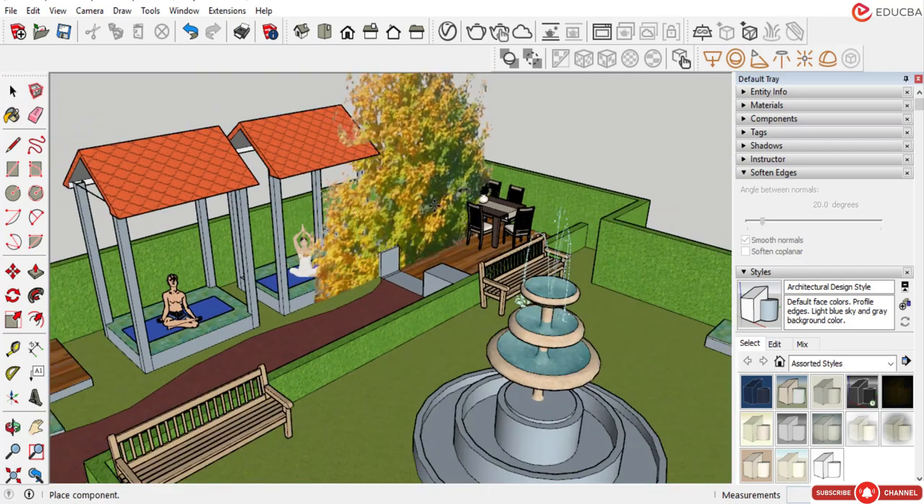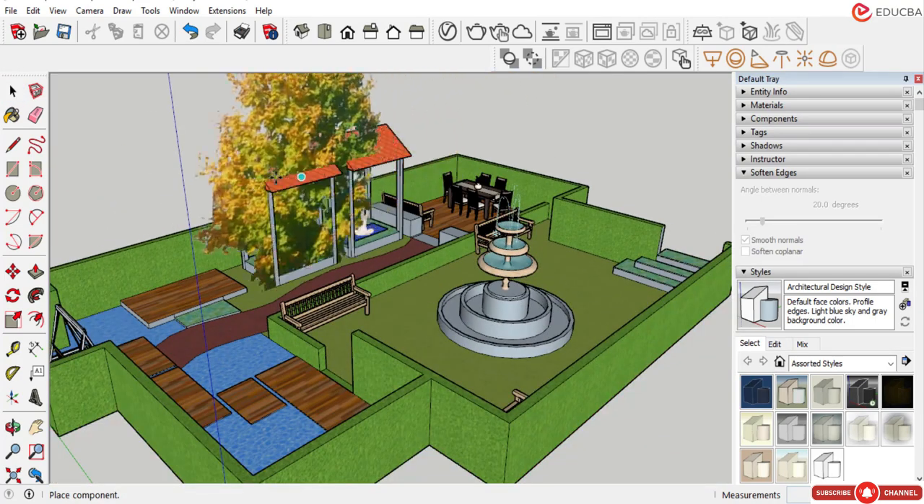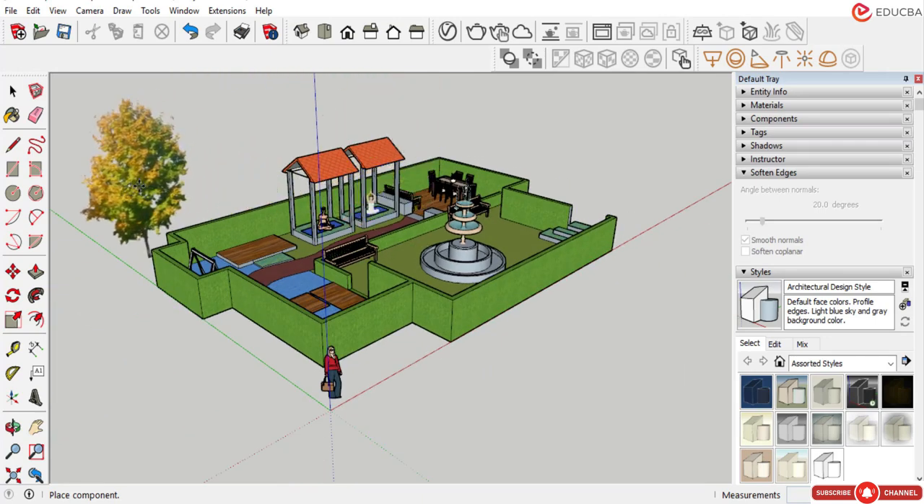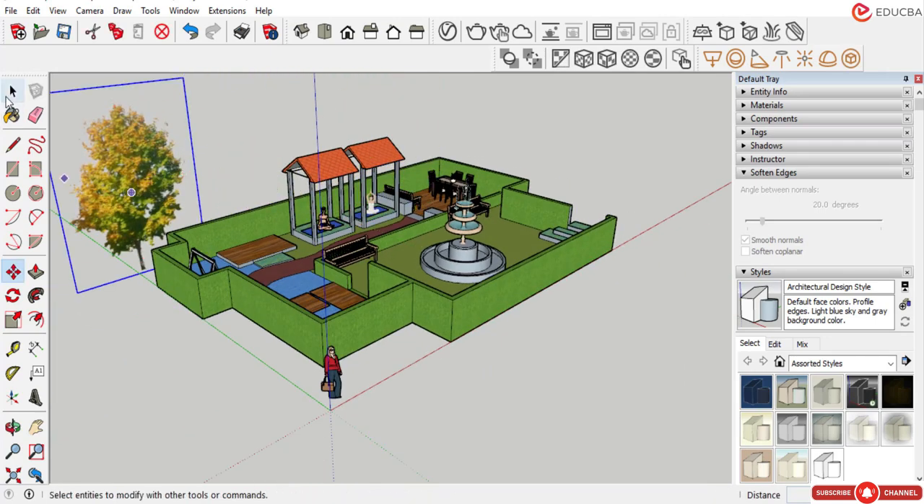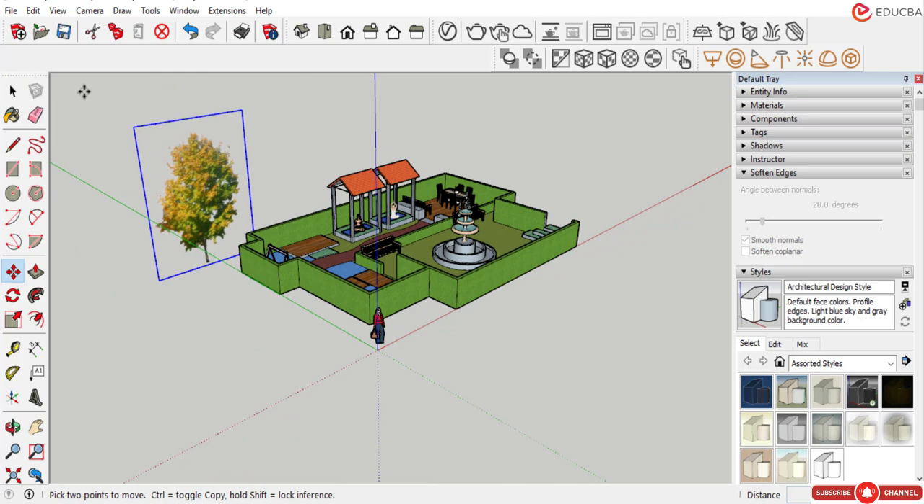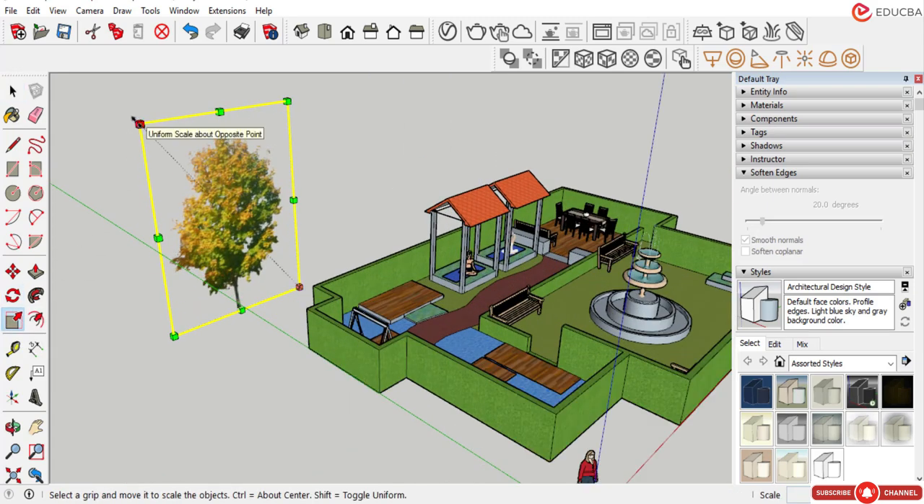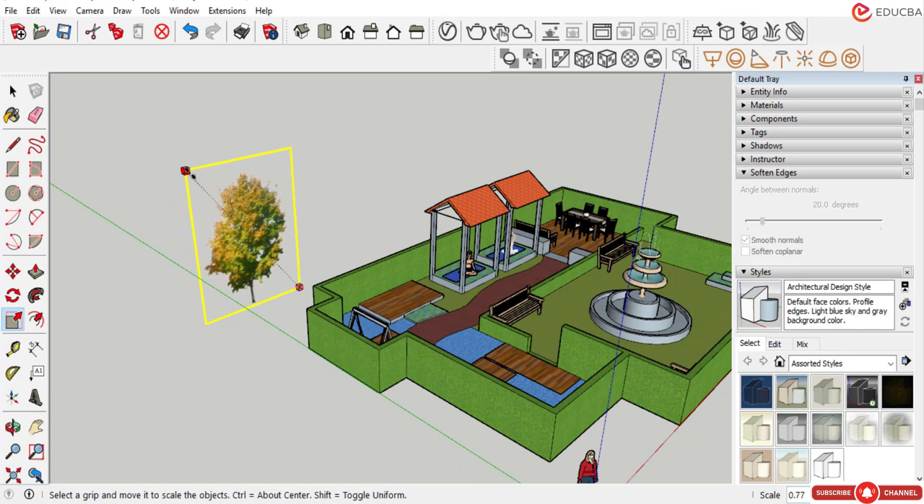This 2D tree we can paste anywhere. Later on we can adjust as per our requirement. So I have just pasted it over here. If we want to scale this, we can easily scale this. Just select, click here, and our command is scale, and easily we can take it into our required